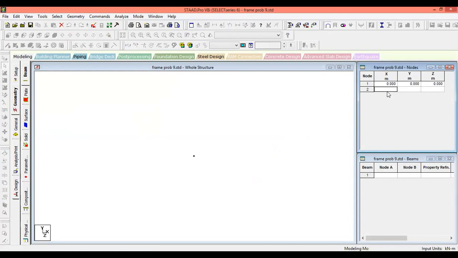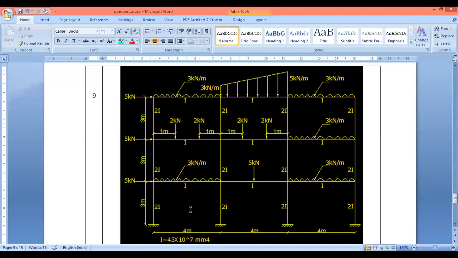There are two ways of modeling this. I will just tell you the two ways. One is you have 0, 0 here. You first model this bay and this story.